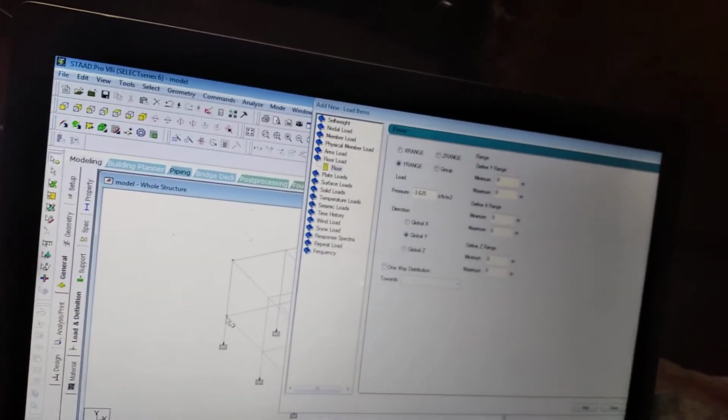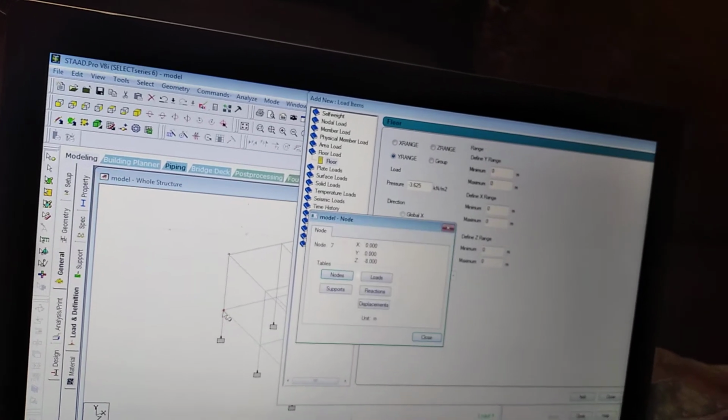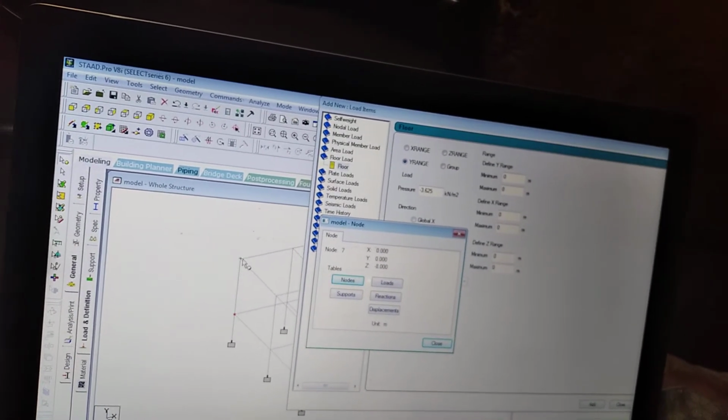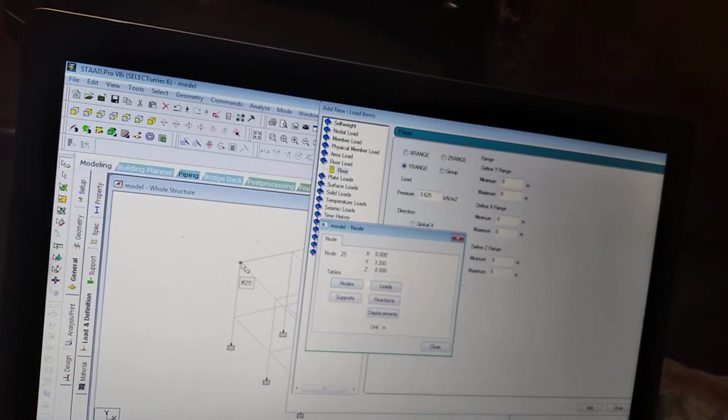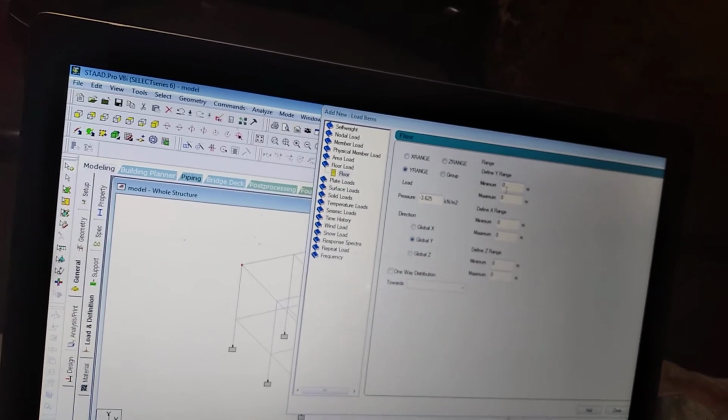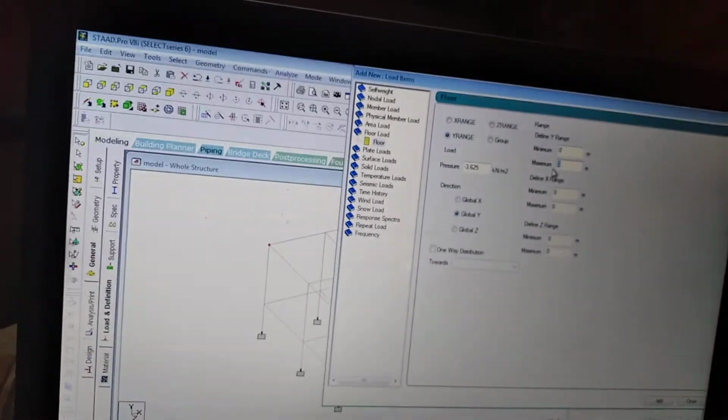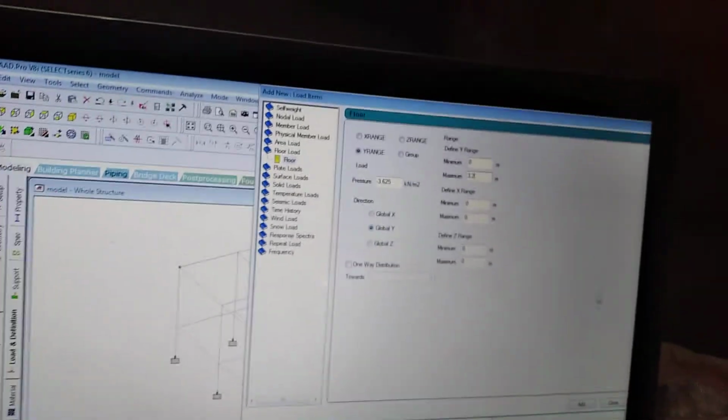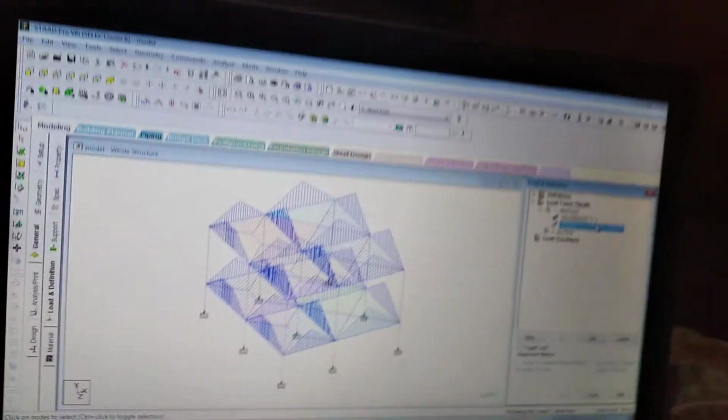So I will double click on it. So it is 0, and I will double click on it. It is 3.2. So minimum is 0, maximum is 3.2. What I will do, I will add it, close it. So load is assigned. Okay.